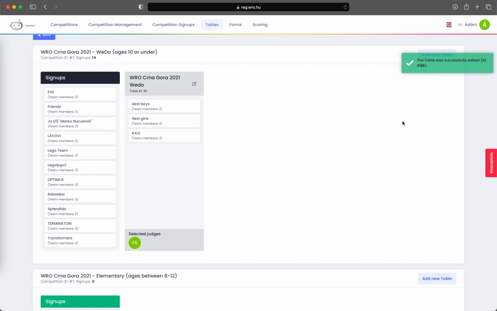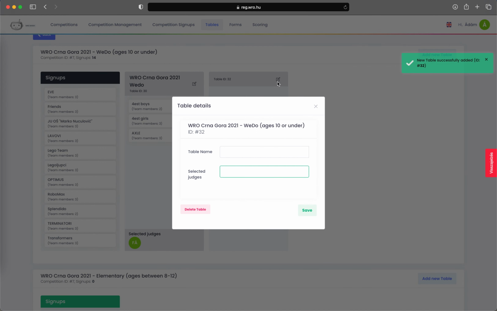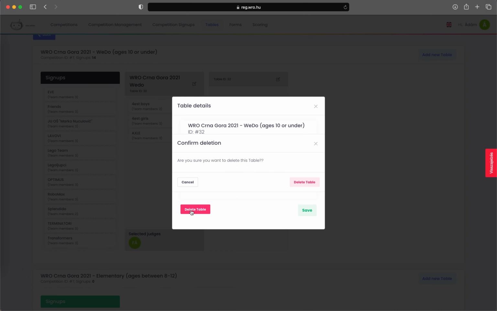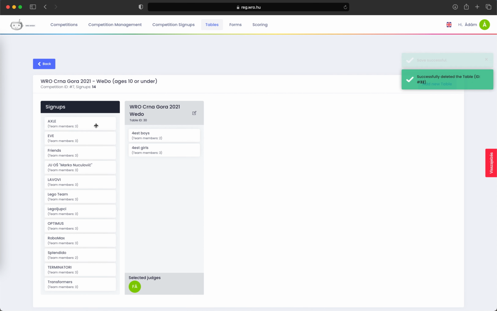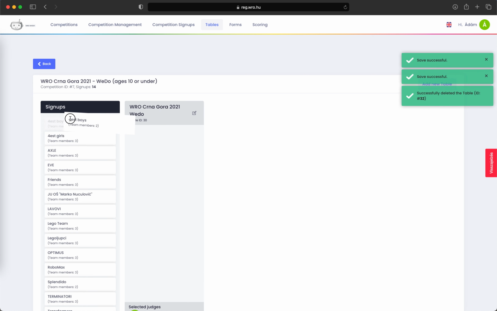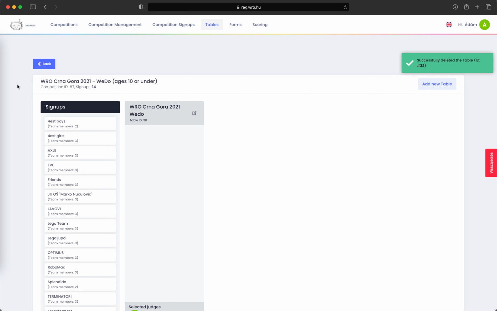If you want to add more tables, of course, you can just press Add New Table. The new table appears, and with editing, you can give it a table name and select the judges for it. Also, this is where you can delete the table with just 2 easy clicks. Now let's put these teams back on the left side because they have not been assigned properly. This is just a presentation. Of course, the platform itself automatically and immediately saves any changes, so nothing is lost while you are working